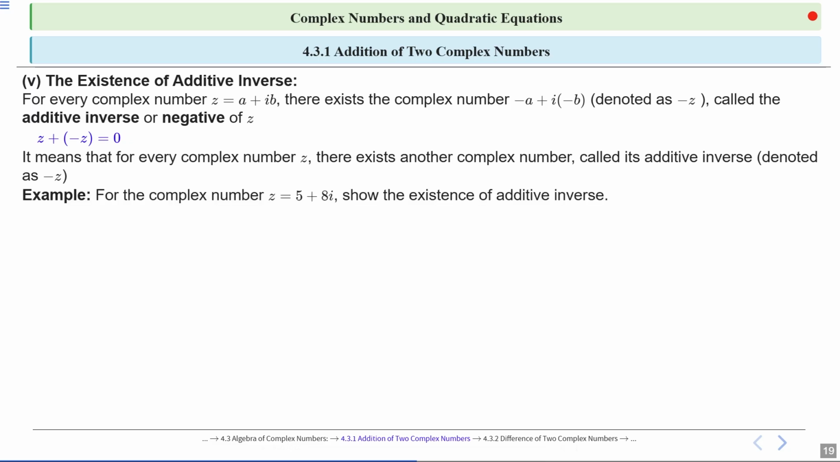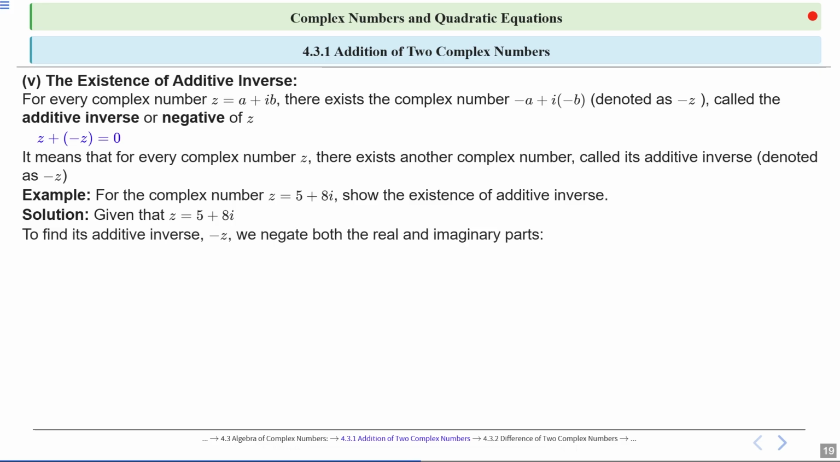Let's look at an example to make this clearer. Suppose we have the complex number Z equal to 5 plus 8 times iota. Then we will show how to find the additive inverse. So let's solve this example step by step. Given that Z equals 5 plus 8 times iota. To find the additive inverse, which we call minus Z,